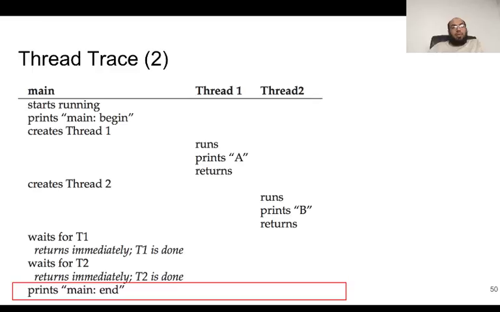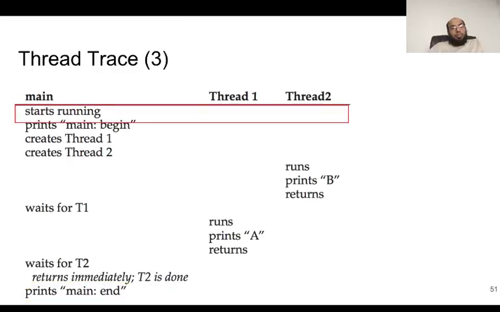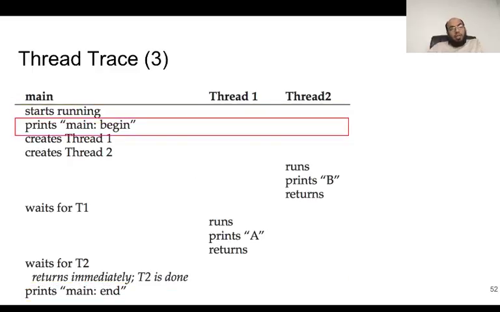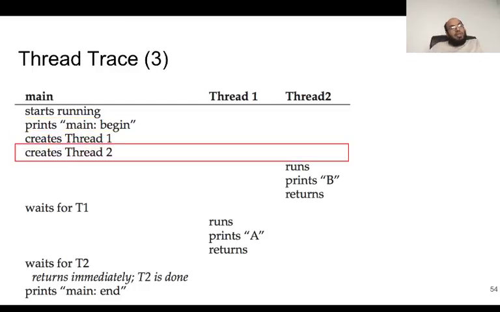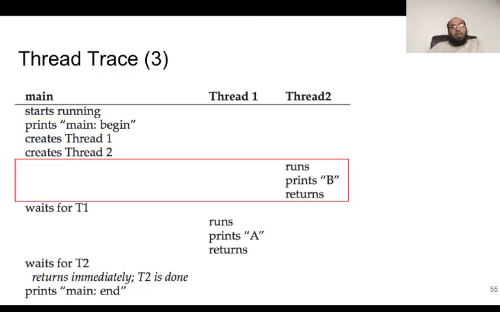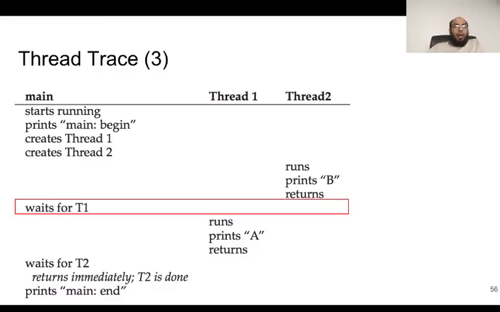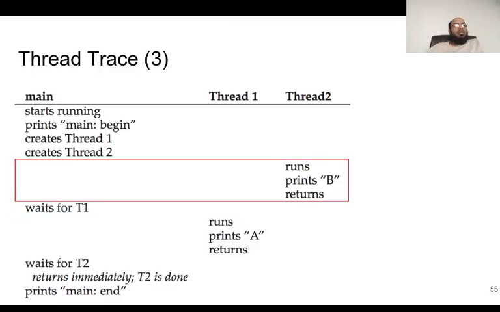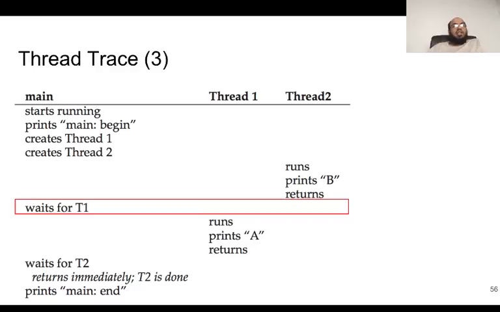Then there is this sequence: start running, print main begin, create thread 1, create thread 2, and then for some reason the scheduler decides that thread 2 now runs, and then you wait for T1. Because once thread 2 is done, you go back to the main thread. The scheduler basically